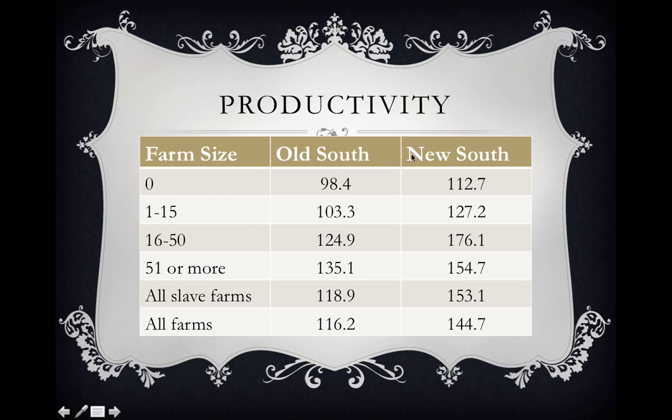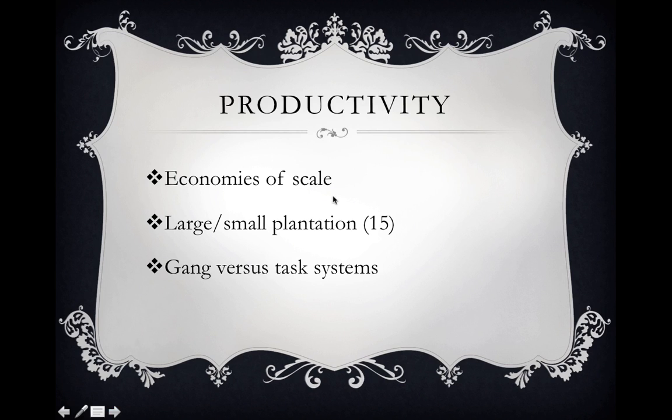So that's what oftentimes economists say when they talk about the slave labor system, that it exhibited economies of scale, meaning that the larger the farm in terms of slave workers, the higher individual labor productivity was for the slave laborers on that farm. So remember that notion, that number one, that the slave agriculture exhibited economies of scale.